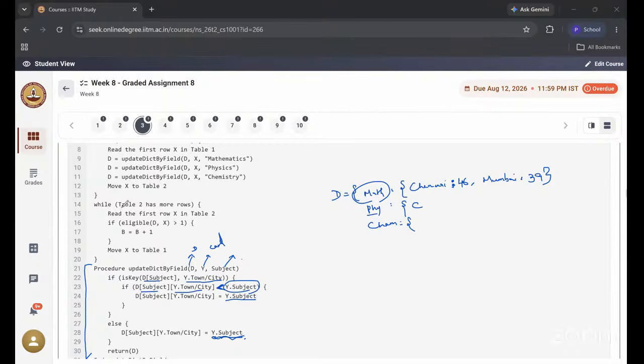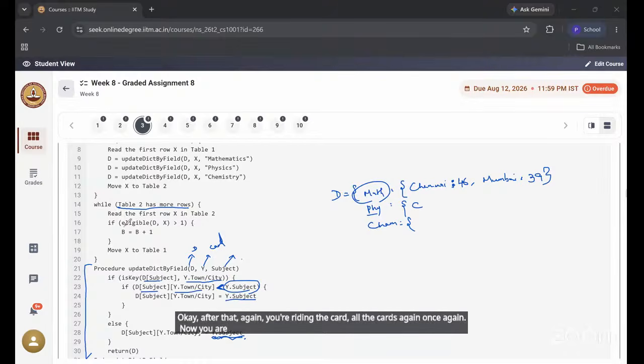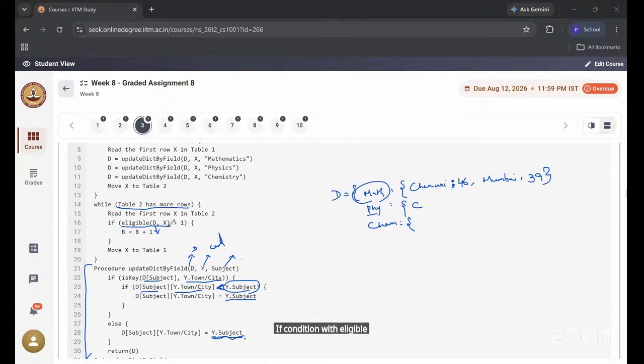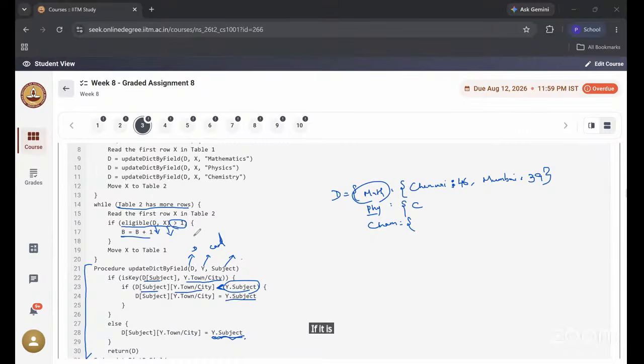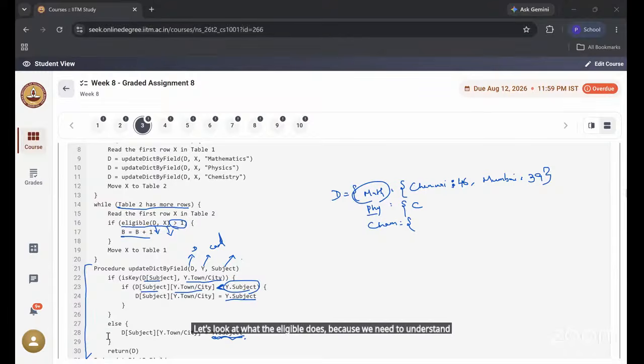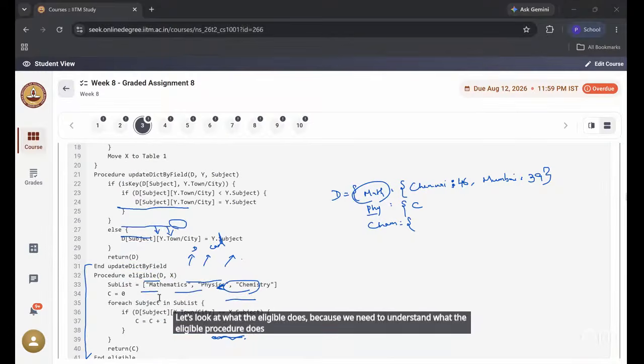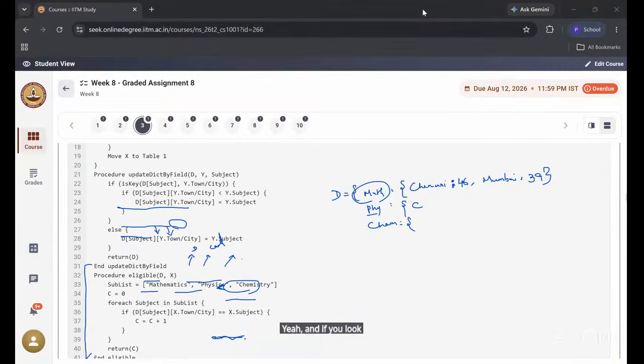Okay, after that, you are iterating through all the cards once again. Now you are checking an if condition with eligible, passing the dictionary and the card, checking whether it is eligible or not. If it is eligible, you are incrementing, right? What does it mean? Let's look at what the eligible procedure does, because we need to understand what it does, right? Here, if you look at this eligible procedure,